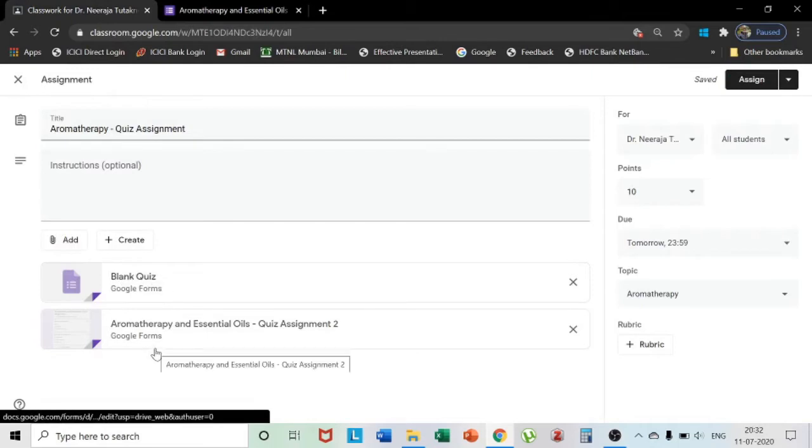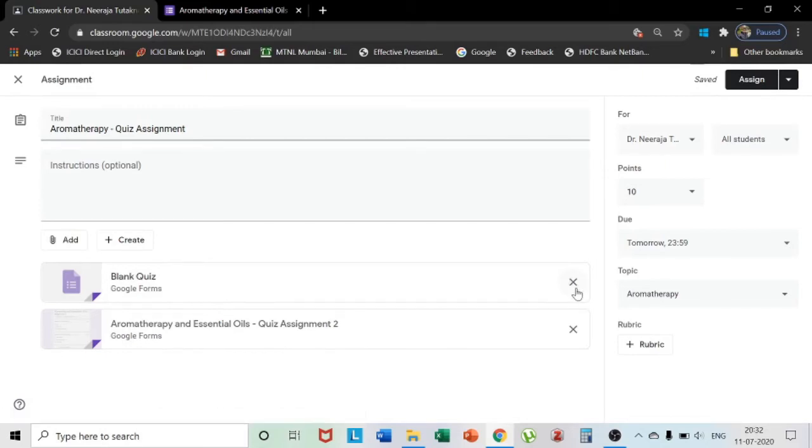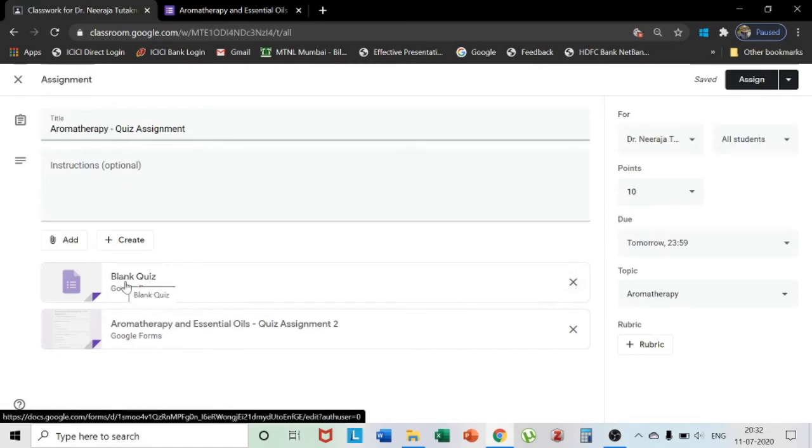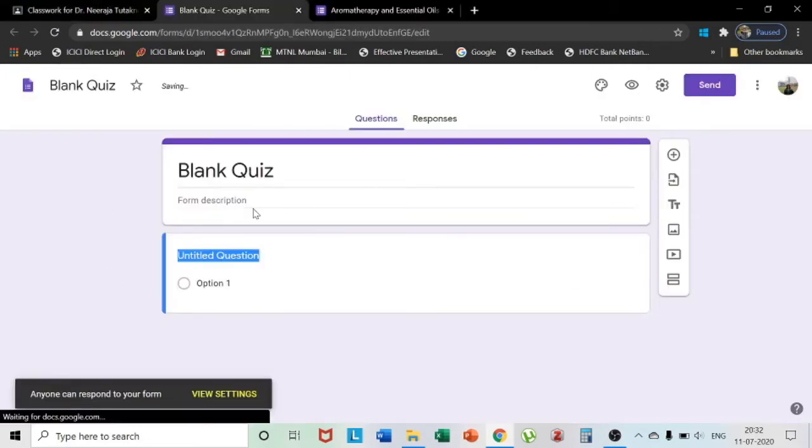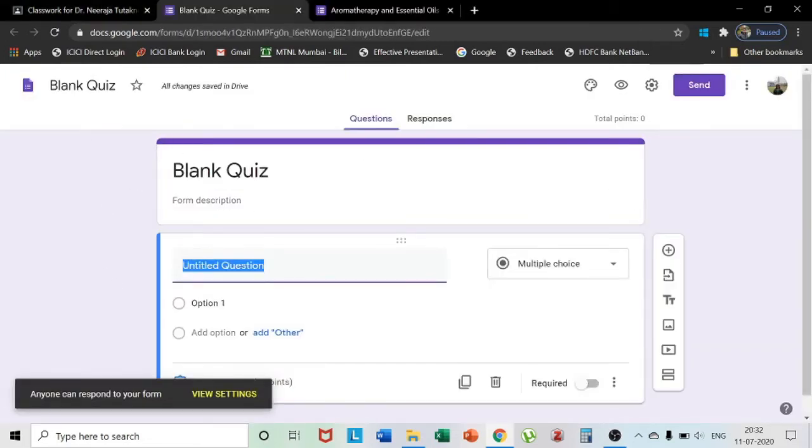If you do not have a ready-made prepared quiz like I was having, you can even ask for a blank quiz form. By default, this blank quiz form is attached over here. If you do not want it, you simply click on cross, and if you want to generate the quiz, you can generate it. Click on it, and the blank form is generated in front of you.